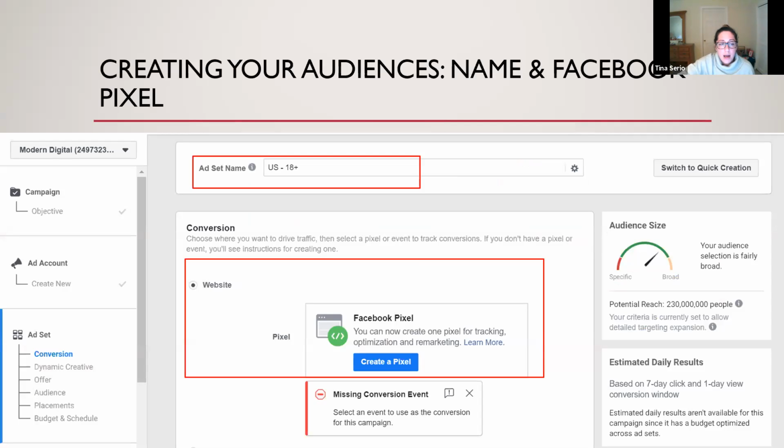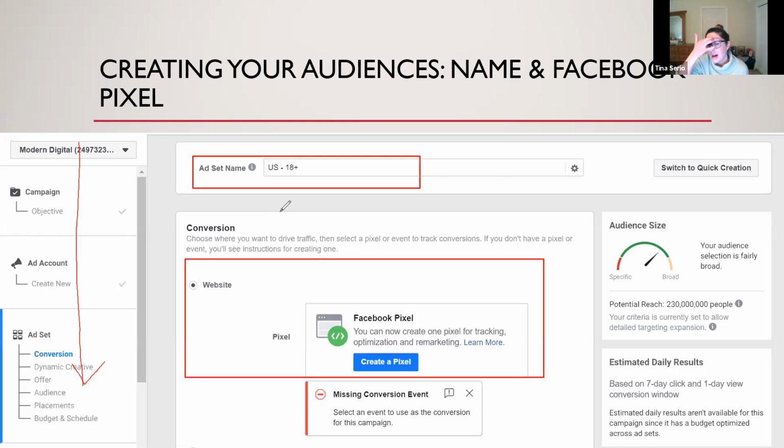Okay, so now as we're traveling down this little journey on the left-hand side, I'm gonna go ahead and call your attention to the ad set name. Like I mentioned before, naming conventions can be easily missed, but they're super important. So name your ad something that is logical to this particular audience that you're creating. If you're creating an audience of people in the US that are 18 plus, and that's all you're doing for your audience, cool, you're done with that and you can just leave it like that.